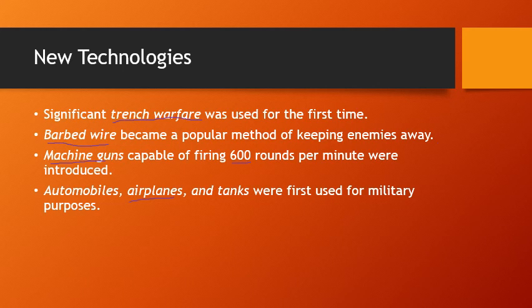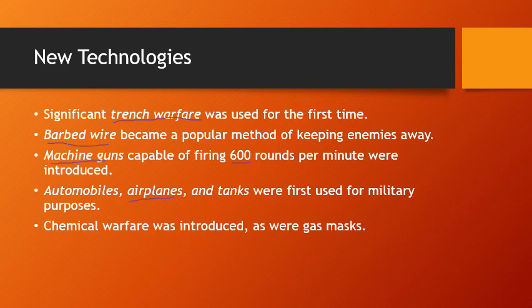and so, seeing airplanes used in the war, we get our first flying aces. People that shot down a lot of enemy fighters. The most notable from World War One is the Red Baron, Manfred von Richthofen, who shot down over 80 enemy planes. The most notable American was a guy named Eddie Rickenbacker, who shot down about 30 enemies during the war. So we see airplanes used for the first time here in the war effort. So this is another significant modernization.